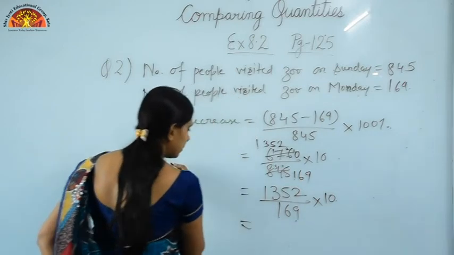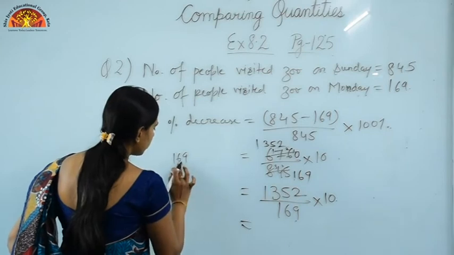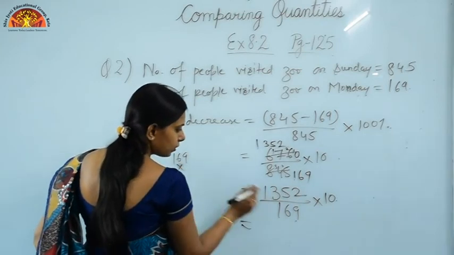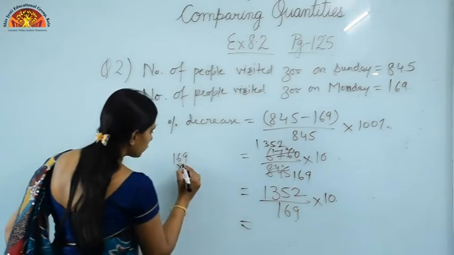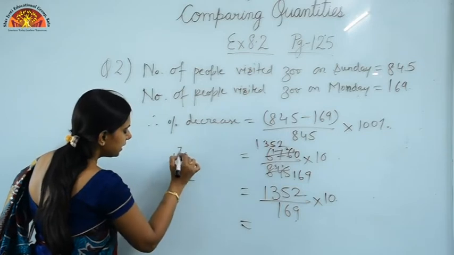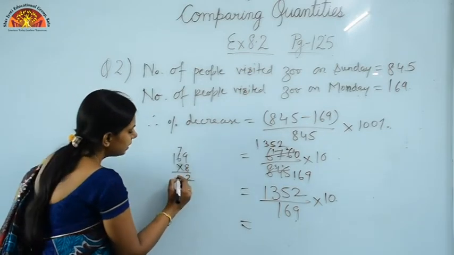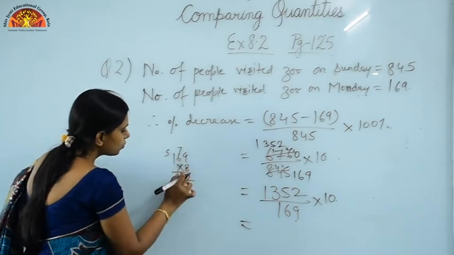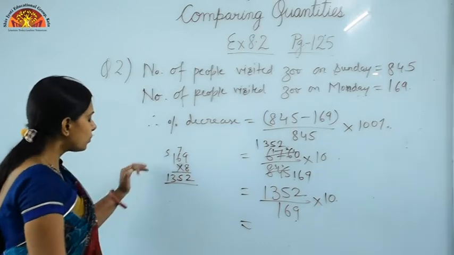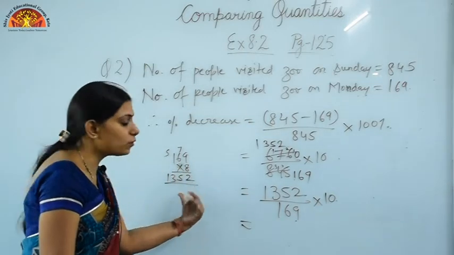that is with the table of 8, just see, that is 169 into 8, when we are just multiplying 169, because at units place it is 2. So 169 into 8, 8 9s are 72, 8 6s are 48, and 48 plus 7, it is 55. So 8 ones are 8, 8 plus 5 is 13, so it is 1352. So when you are just multiplying 169 into 8, it comes out to be 1352.